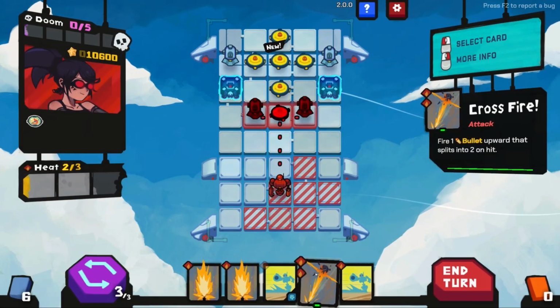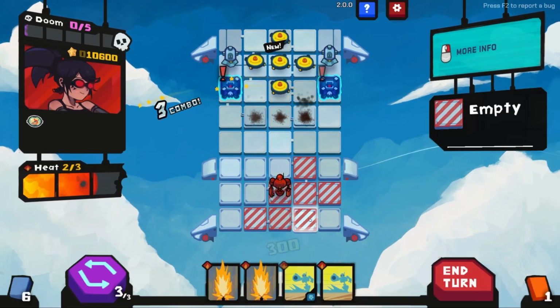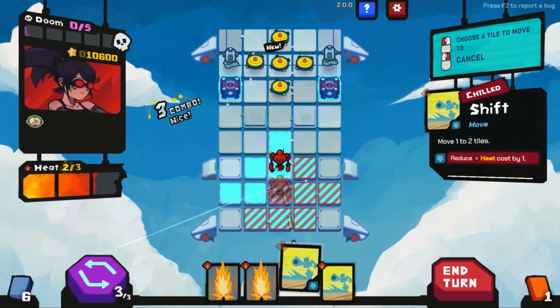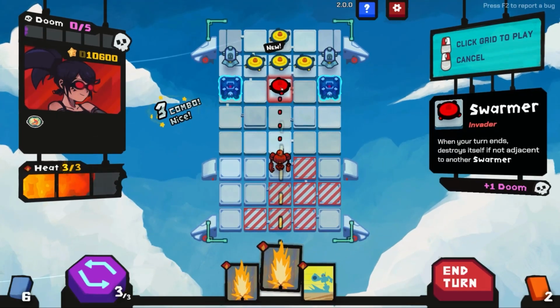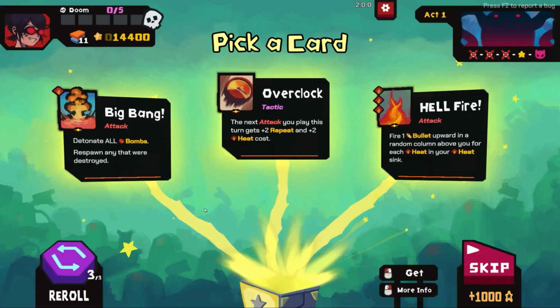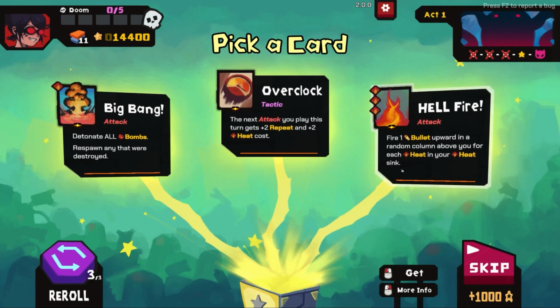Now, the biggest difference between this match and the last 2 matches was that there were a lot more enemies on the board. It still wasn't difficult, it still felt pretty beginner friendly for the tutorial, but there was definitely more of them. Anyway, soon enough we were able to get our new rare card, which was Hellfire. Hellfire is pretty cool because it lets us send bullets to columns over our head for each heat point that